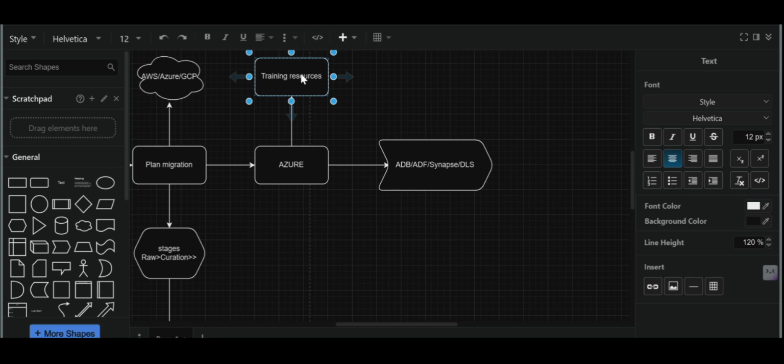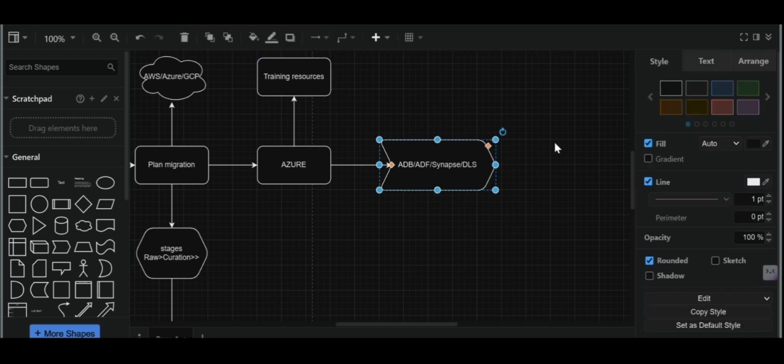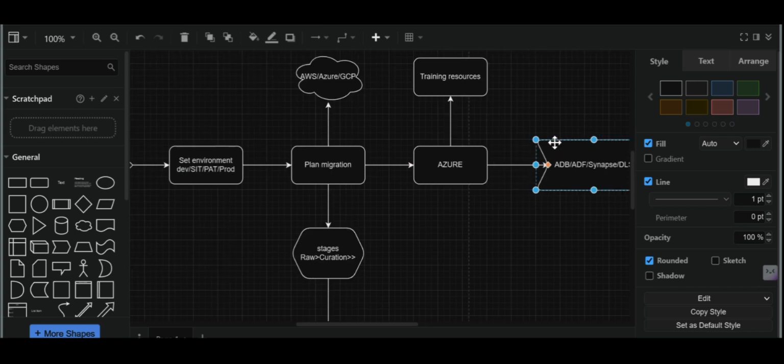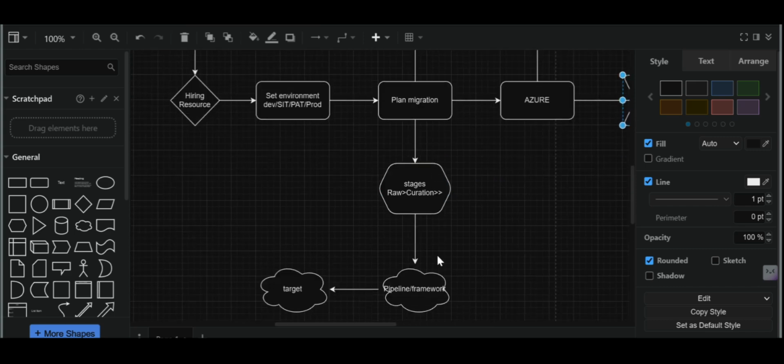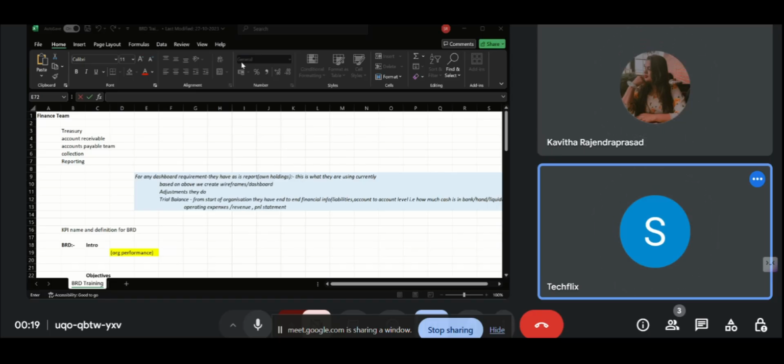Then you can work on these things, and after this also there are a lot of things. So this would go to this stage and this stage. There is one thing